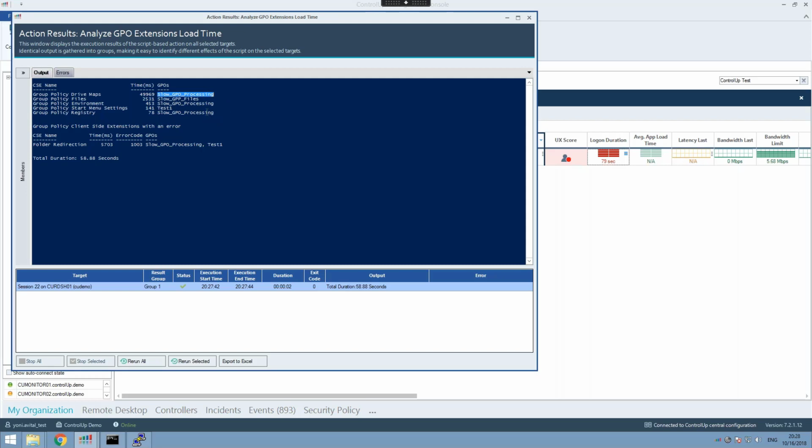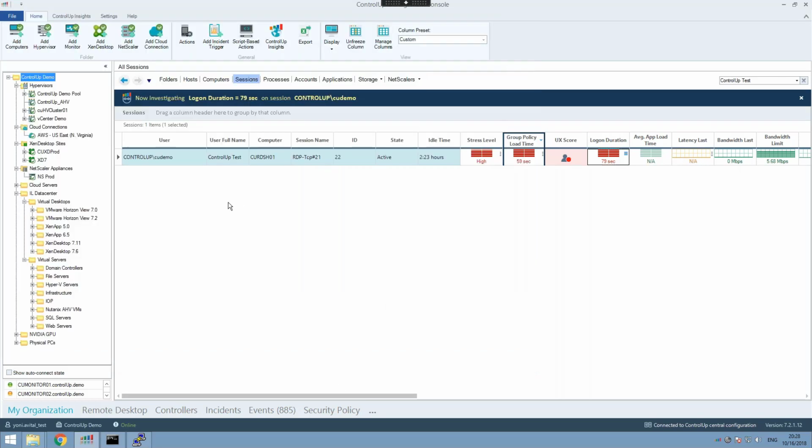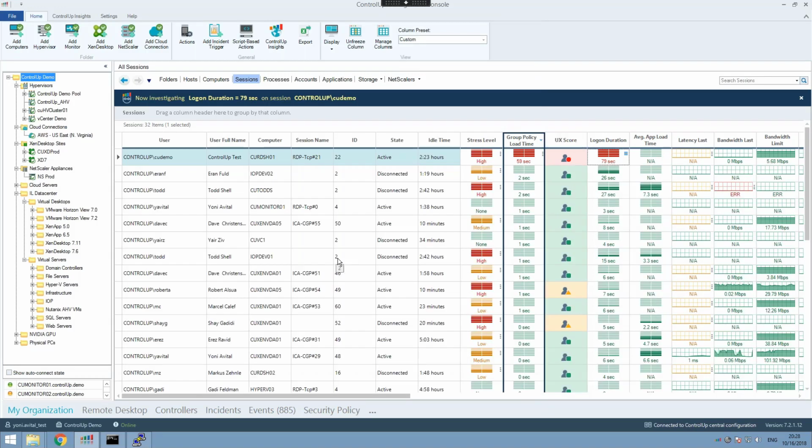So here it's just a matter of sending this screenshot to your GPO team, or if you're the happy guy who is in charge of GPOs, just open this GPO. In this case, I can tell you that I've configured a few drive mappings which point to non-existent file servers. So obviously they time out and cause a slow logon. So we have some pretty massive tools around logon duration, whether it's the script-based actions, the real-time metrics, and the